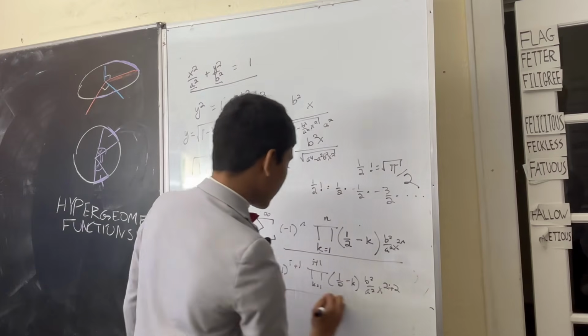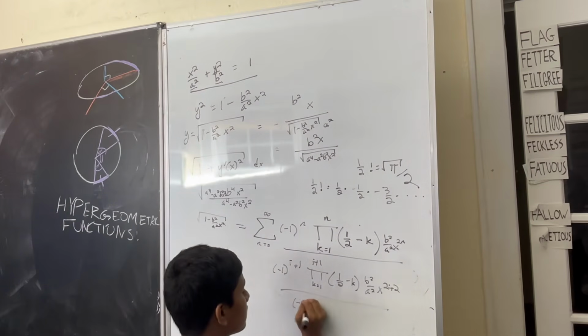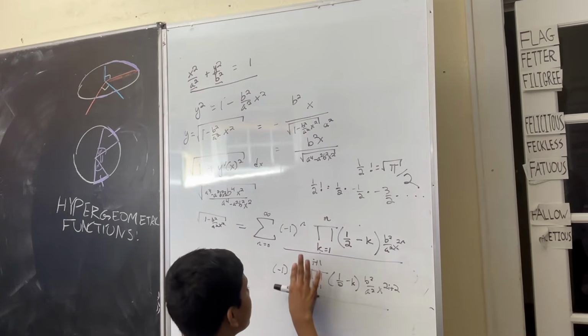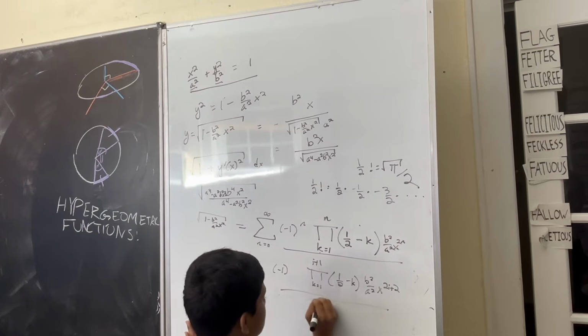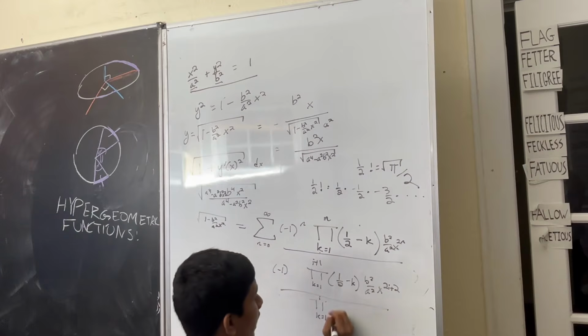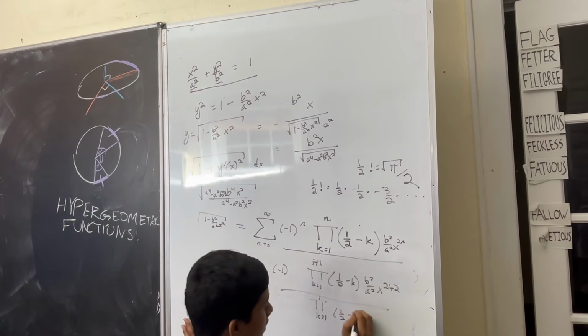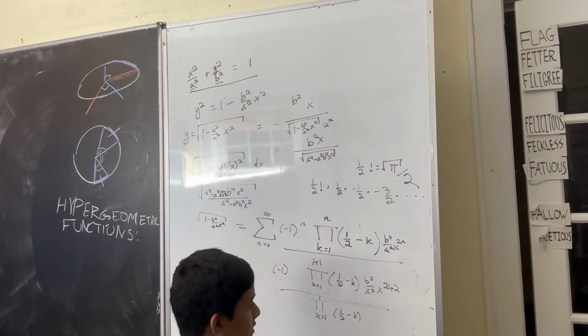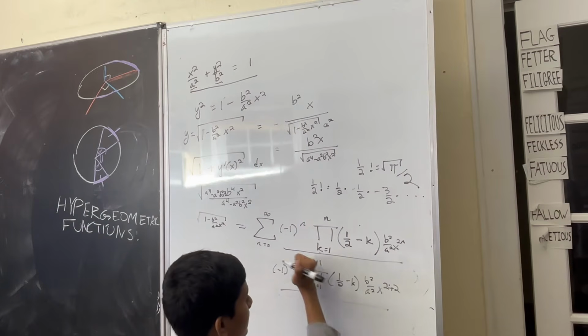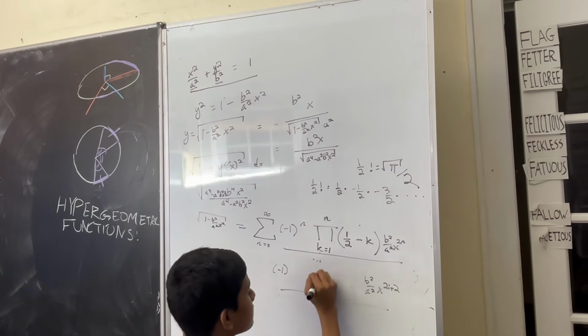And you divide that by minus 1 to the i, so this cancels out and just gives you minus 1 times the product from k equals 1 to i of the exact same thing, which means all of this product is going to cancel out and only leave you with the i plus first term,